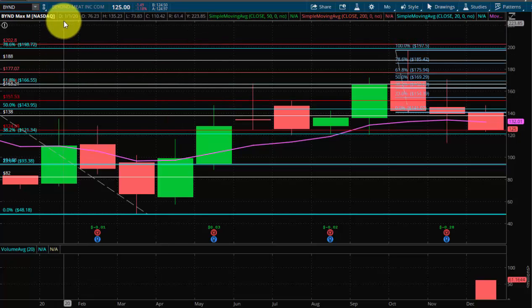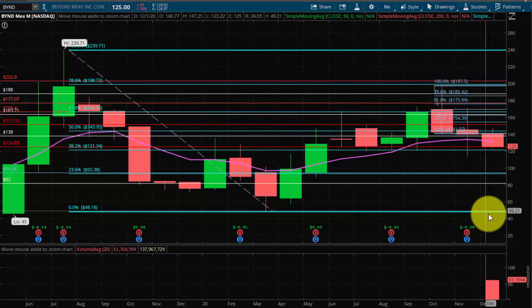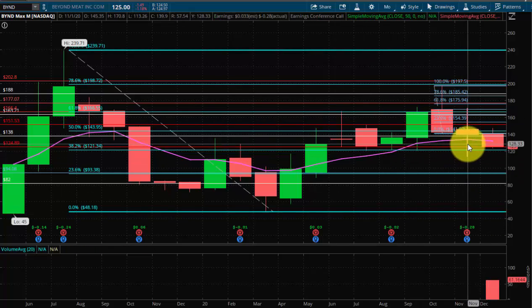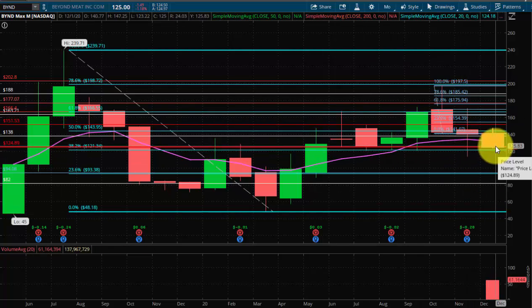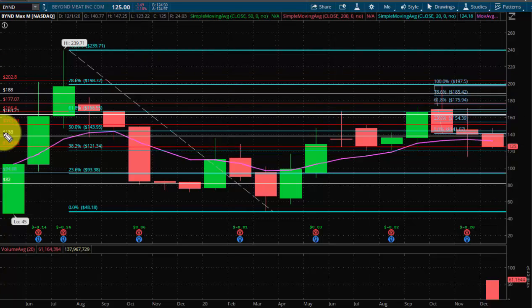Beyond Meat, one of the few monthly charts that looks like garbage still. It did not have a good monthly candle in November, and then December it prints this, which, to be frank, does not look very good. Main reason is Beyond closed lower on pretty rough volume. You can't see it too well here. And then it's actually just barely sitting above the support zone.